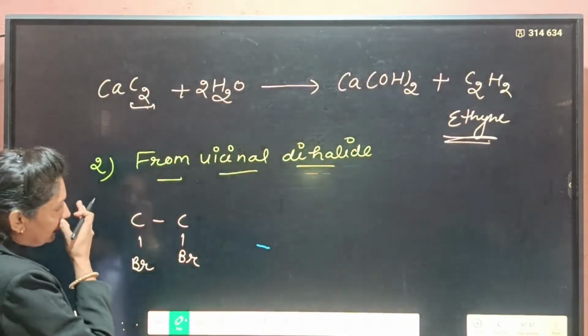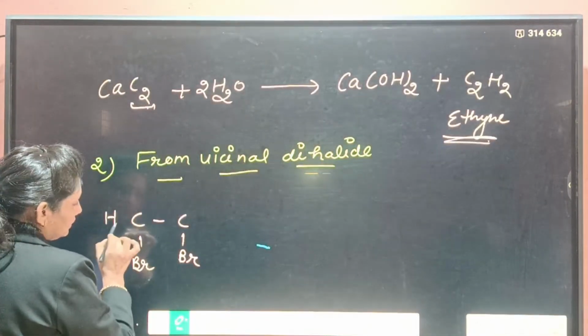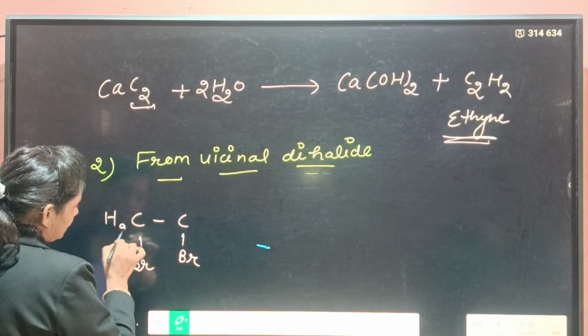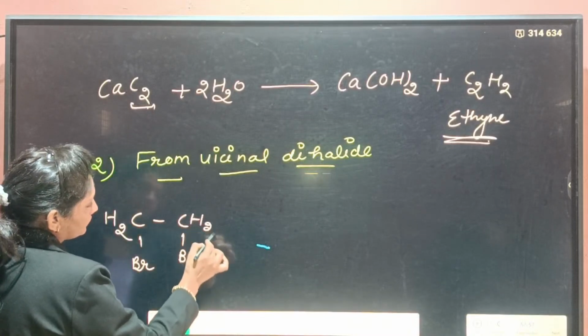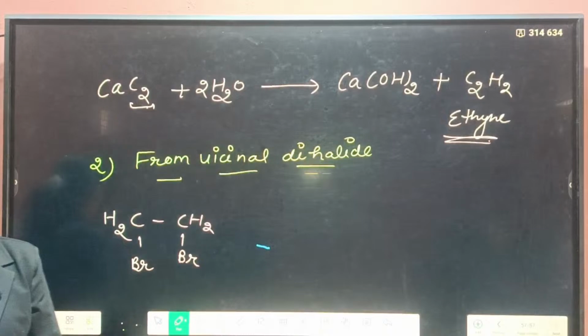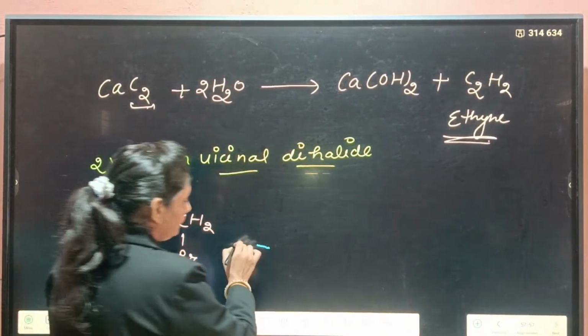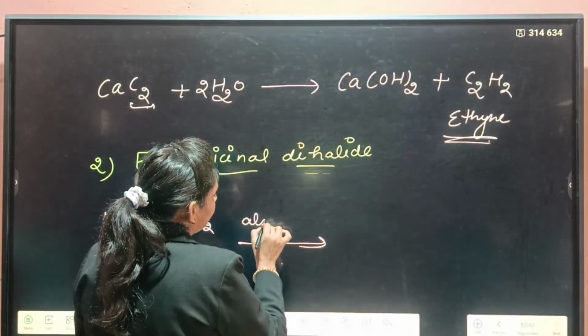So vicinal dihalide, these are CH2, CH2. If you do reaction with alcoholic KOH,